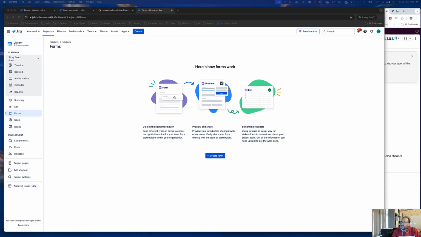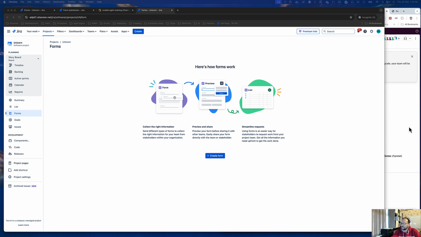Hello everyone. Today we will talk about one of the very simple and very useful features of Jira, that's called Jira Forms. As you can see on the screen over here, we have one section called Forms. You may not have it on your Jira by now, but it will be coming soon. And at some point of time, if you don't see it, you may find a button over here to